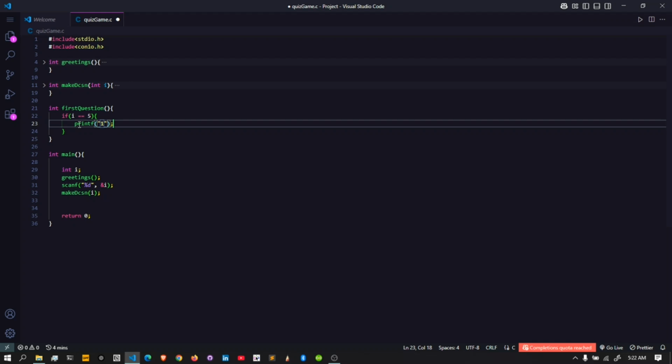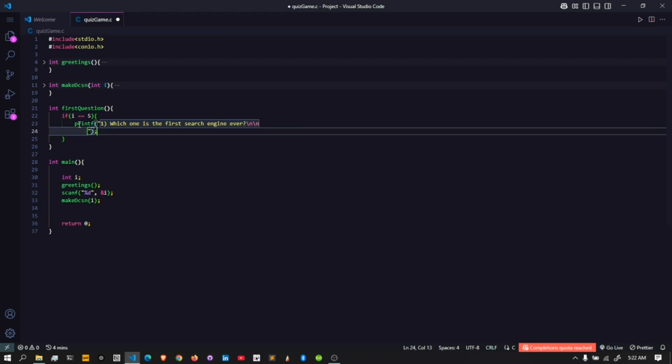That first question would be, which one is the first search engine ever? And then I will provide 2 line breaks. So as I'm using a line break, that's why I have to escape the line break as well. So that's why I will give an extra slash here, and then